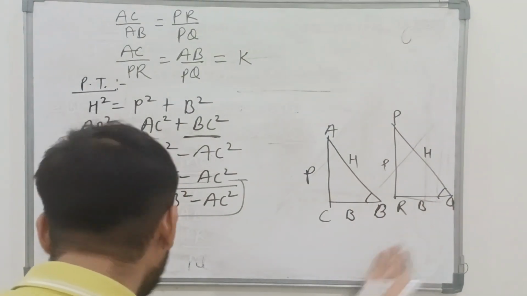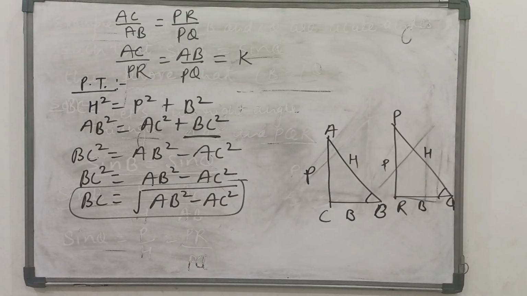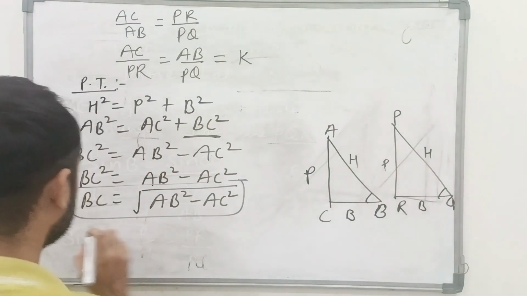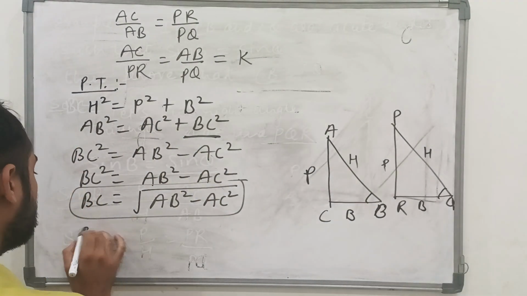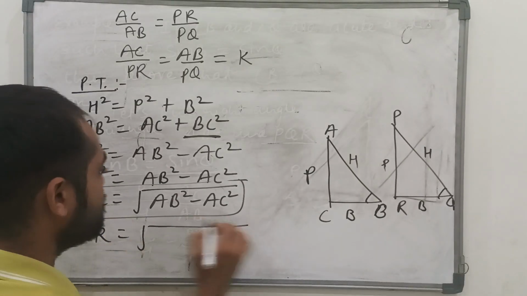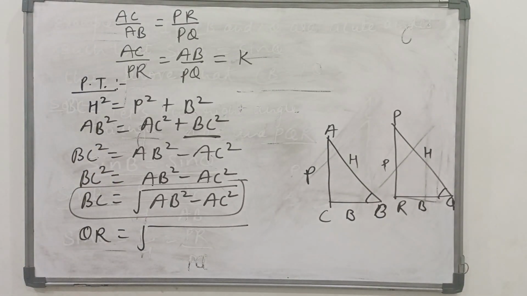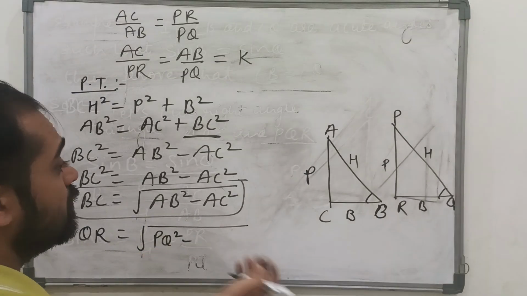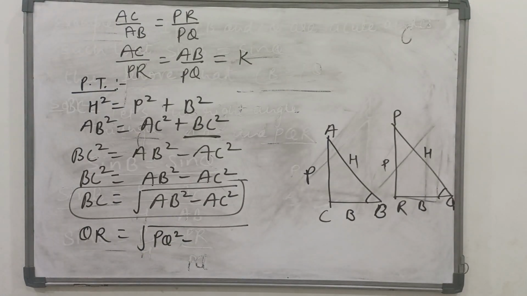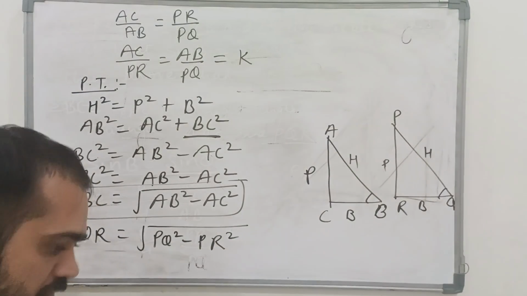तो एंगल B इक्वल टू एंगल Q भी हो जाएगा, क्योंकि दोनों एंगल बराबर हो जाएंगे। कॉन्ग्रुएंट ट्रायंगल में साइड्स और एंगल बराबर होते हैं, तो ये प्रॉपर्टी हम लगा रहे हैं यहाँ पे। तो BC इक्वल टू रूट AB स्क्वायर माइनस AC स्क्वायर, तो BC निकाल लिया। अब निकालेंगे QR, सिमिलर ऐसे हो जाएगा। QR क्या होगा, कोई बता सकता है? AB स्क्वायर था ना, तो यहाँ PQ स्क्वायर आ जाएगा, PQ स्क्वायर माइनस AC स्क्वायर, AC स्क्वायर की जगह PR स्क्वायर आ जाएगा। तो क्या बात समझ में आ गई, PR स्क्वायर। ओके,